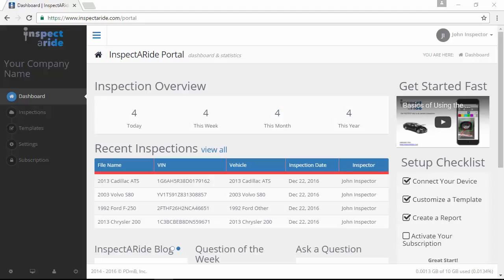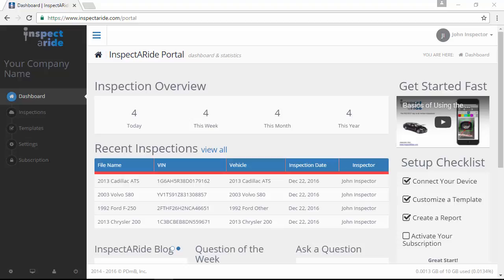This video will cover how to set up a checklist for a specific vehicle. If you're inspecting the same vehicles on a recurring basis, you're not going to want to have to fill out the basic information about the vehicle each time. Inspectoride makes it easy for you to set up a checklist for a specific vehicle and pre-fill the information that you want, such as the year and the make and the model, the items that aren't going to change from